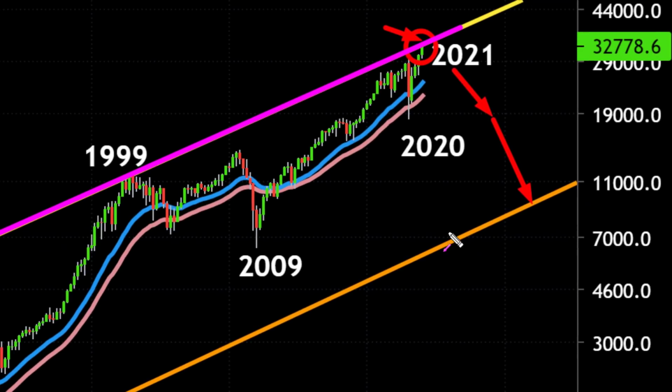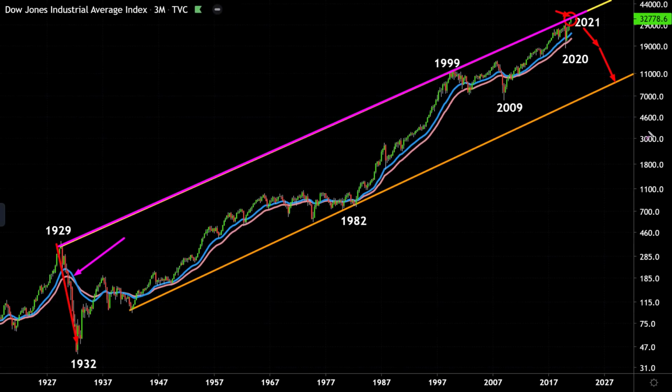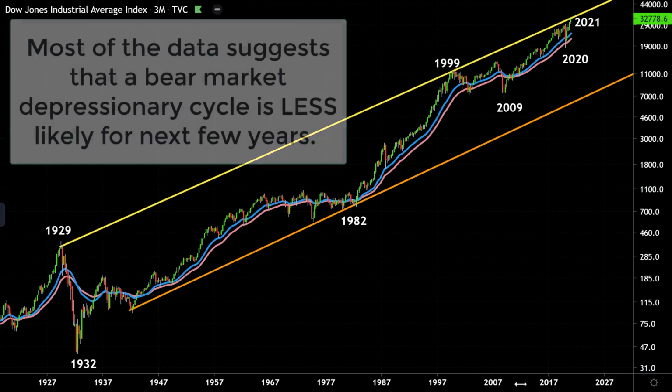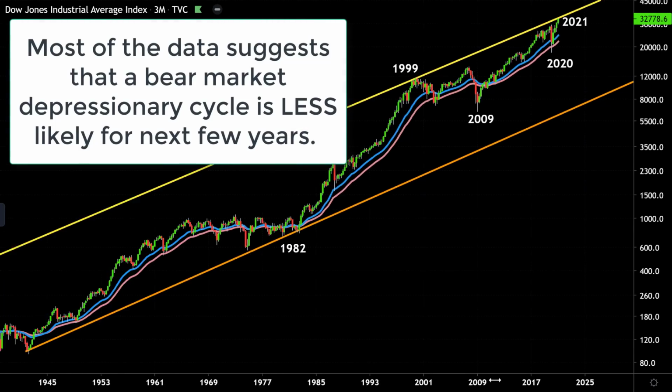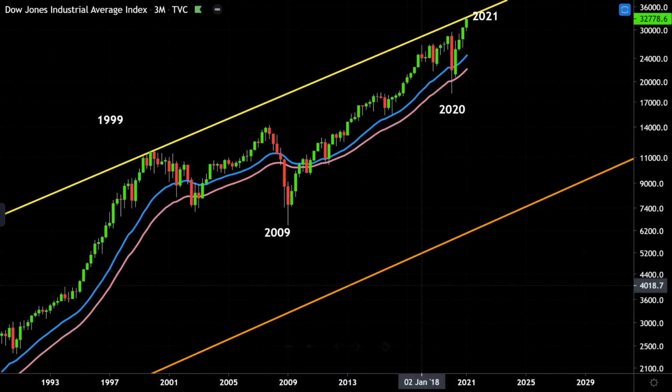And this bear market could, again, wipe out about two-thirds of the Dow and the S&P in the major markets, plunging the world into a depressionary, recessionary cycle over the next few years. Personally, I don't think that's likely. So I'm not expecting that catastrophic scenario, for a reason I'll explain in a separate video. We don't have time for that in this video. In a separate video over the next few months, I'll explain to you why I don't think that's likely.